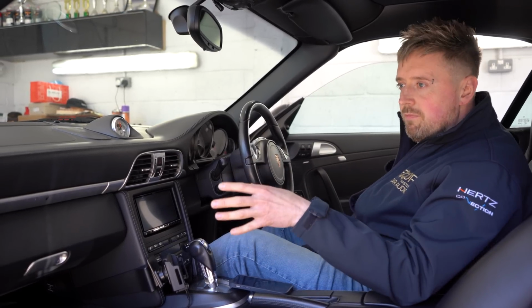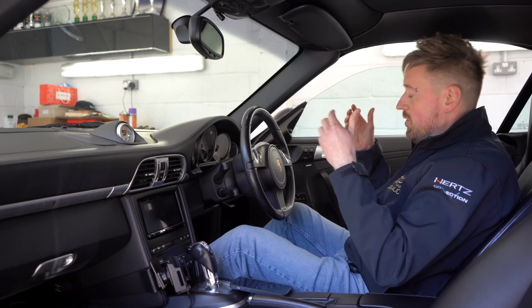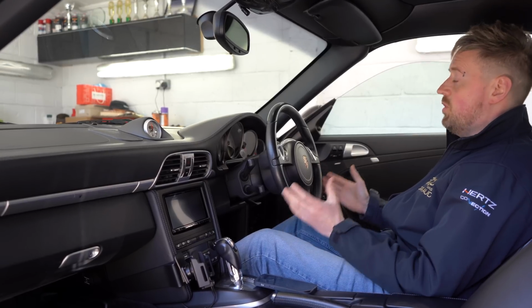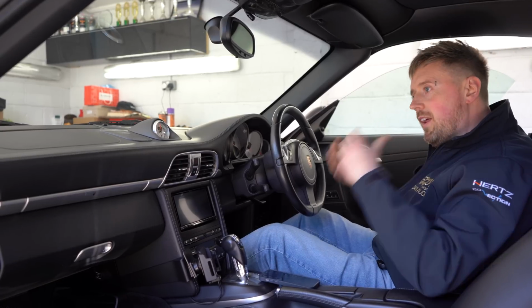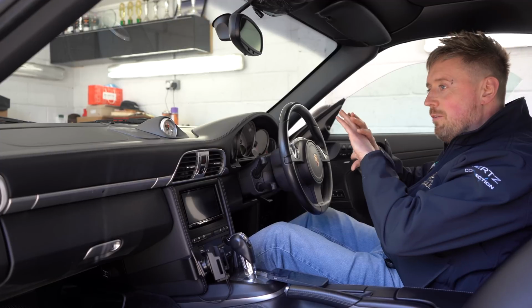So time correction, what that allows us to do as a company, is measure each individual speaker to where the position of the person would be sitting, which is, for example, this is the seating position of memory 1 of this car, which is the owner of the car. It allows us to measure each speaker to where the ears of the driver are. And then when you put those measurements into the amplifier, it basically creates the sound stage